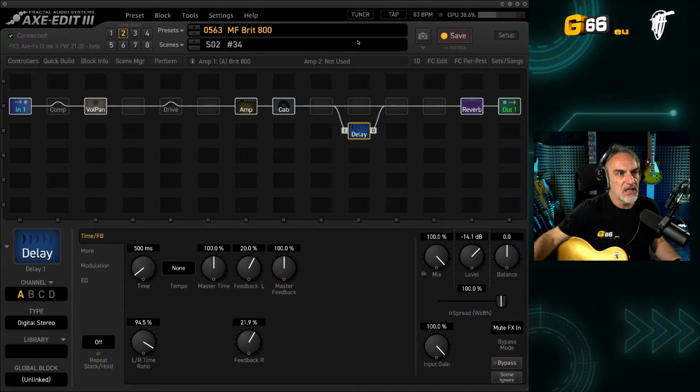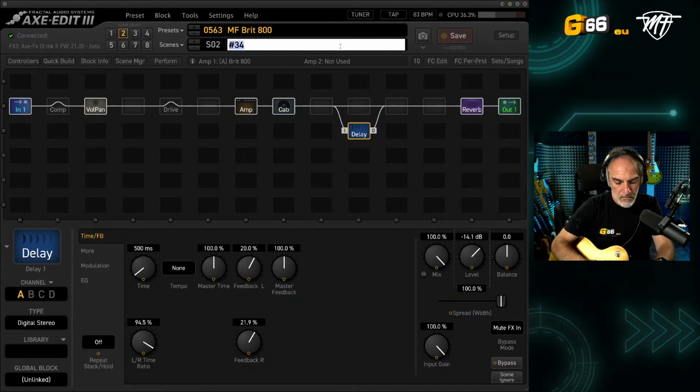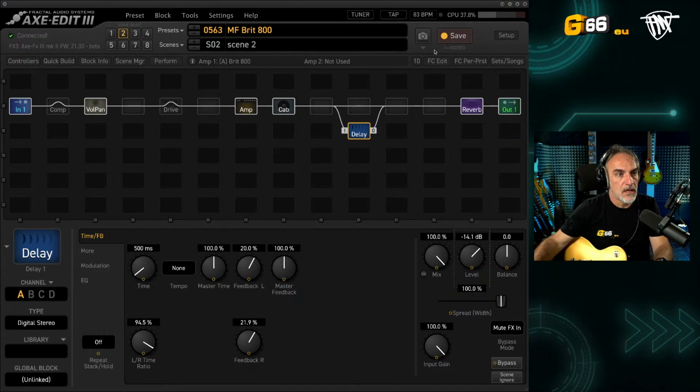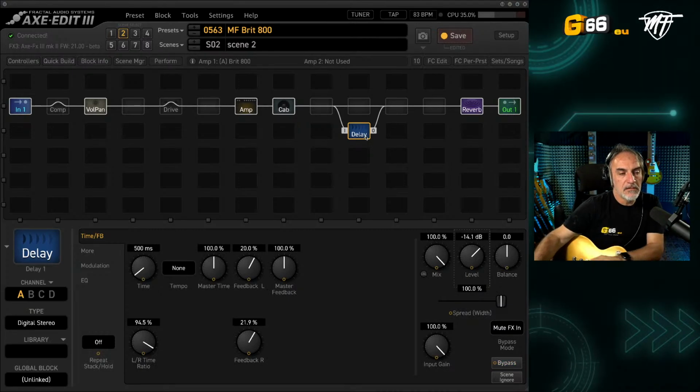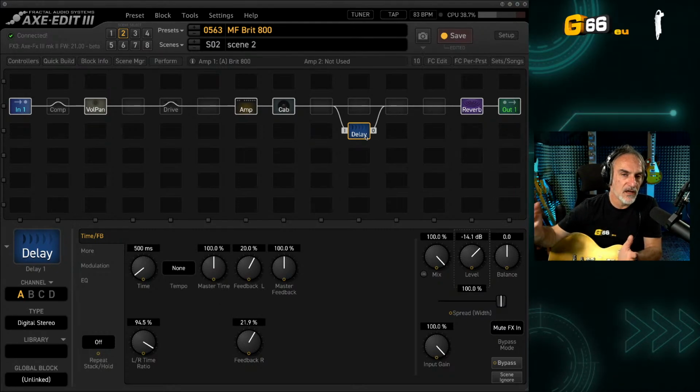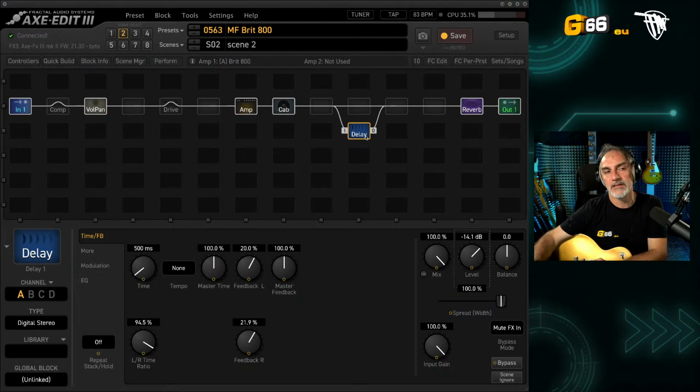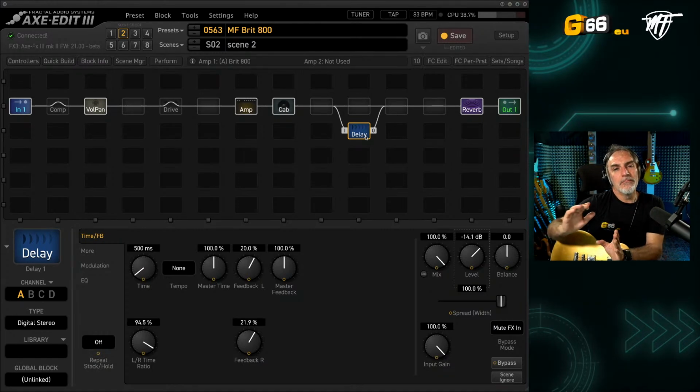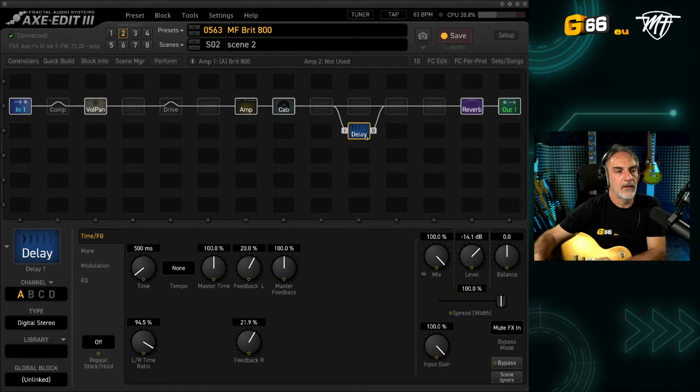Let's assume this is Scene 2. Save, and I create the same scene. 800 is not a problem, with a different delay. So typically, instead of using two delays, with the Axe-Fx III you can use as many delays as you want, but typically I like to optimize my presets in the proper